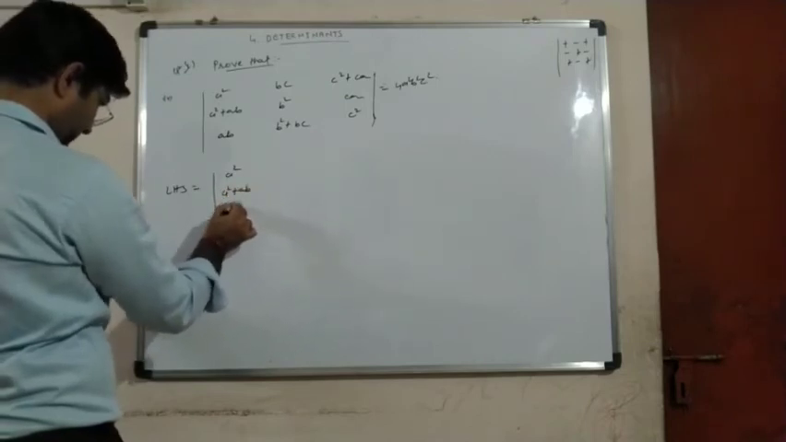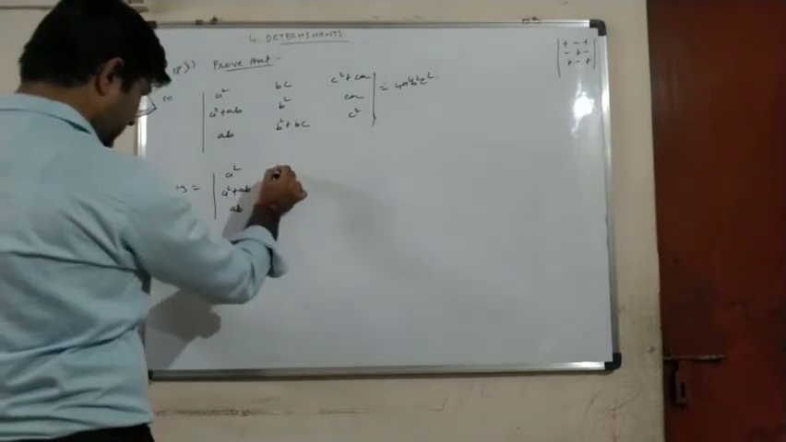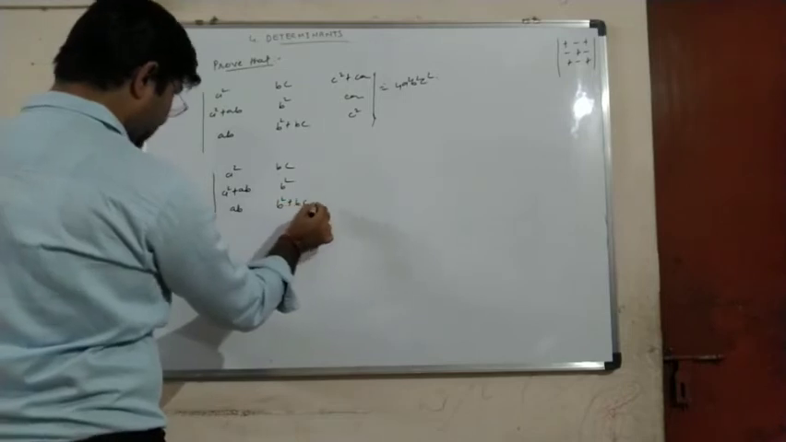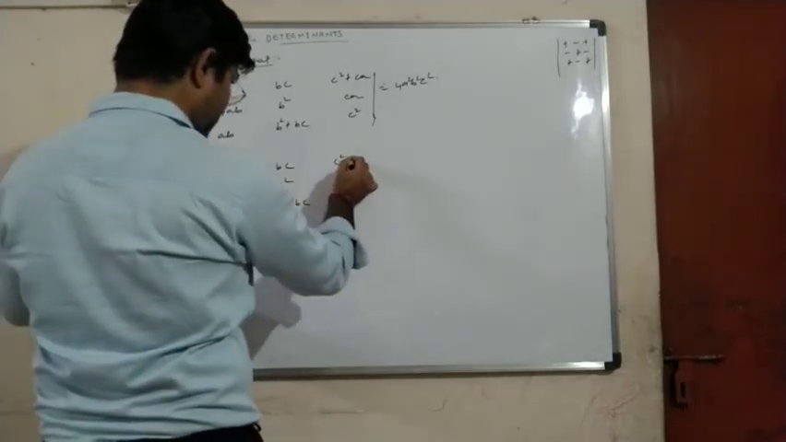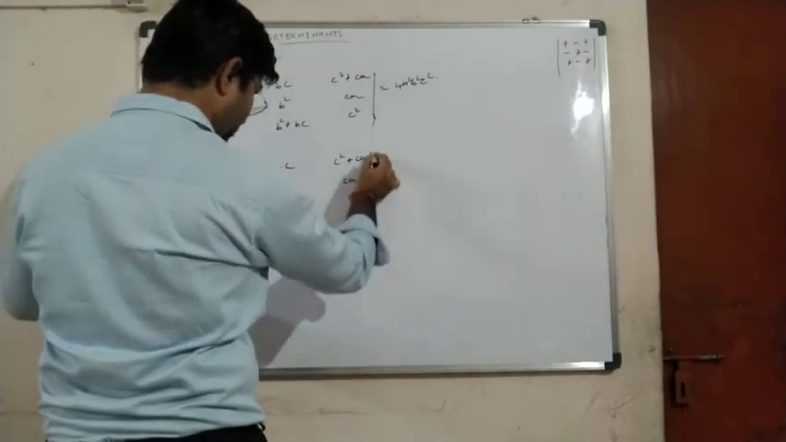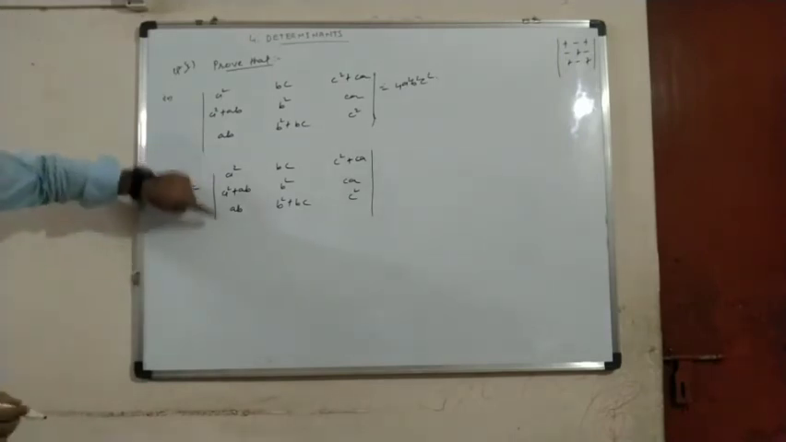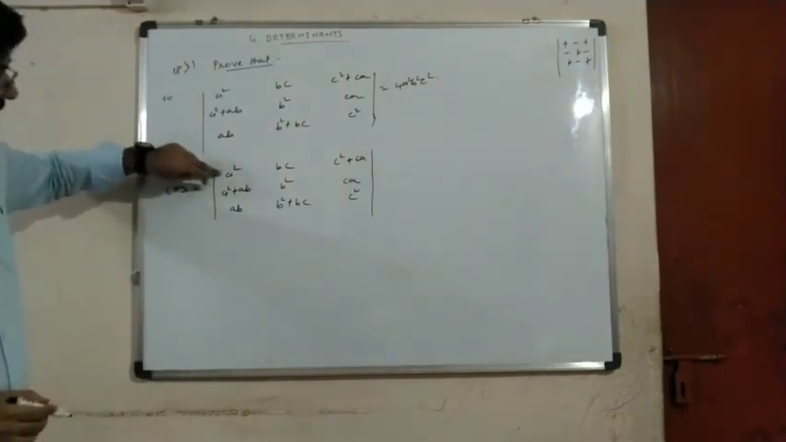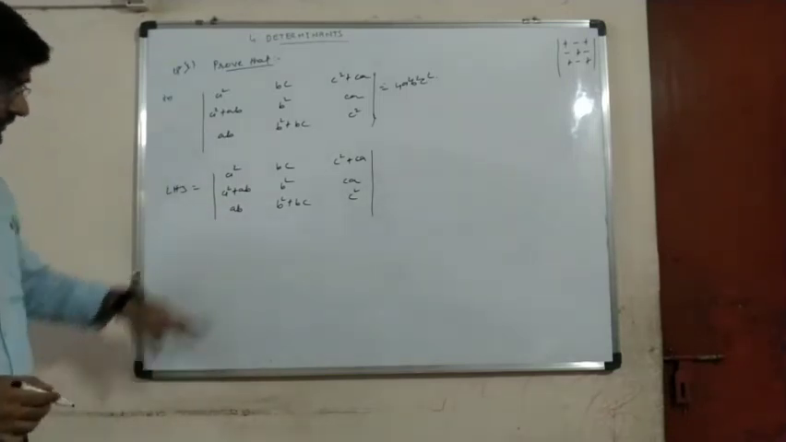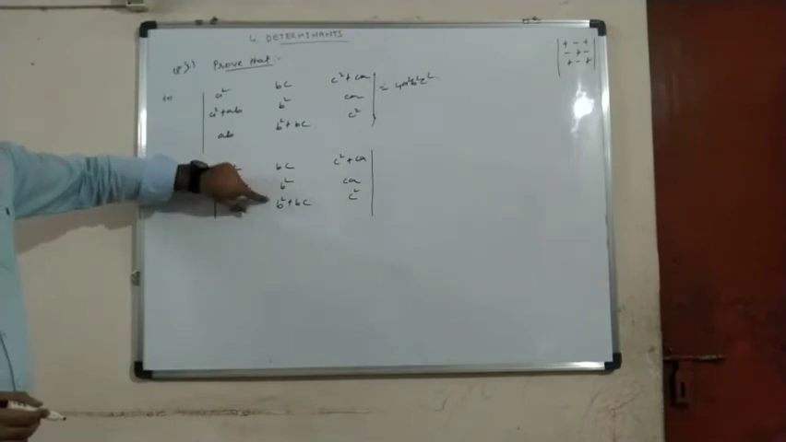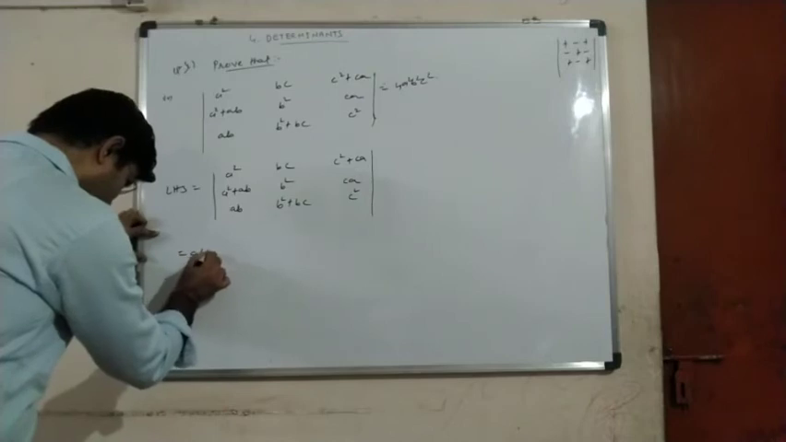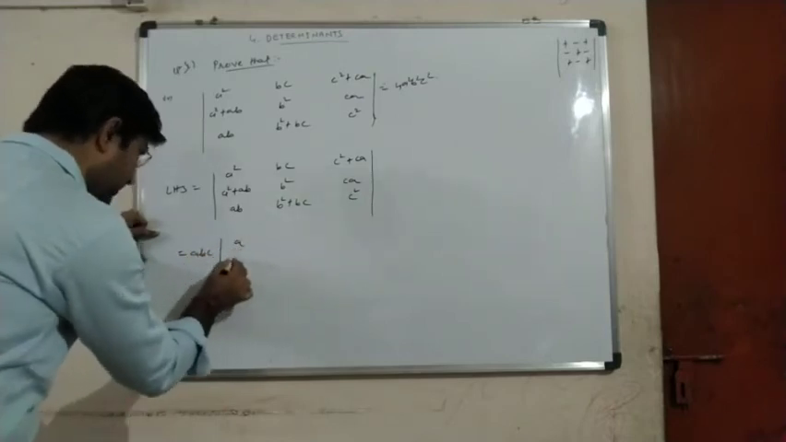LHS is A square plus AB, BC, B square plus BC, and we have C square plus CA and C square. Okay, now you notice that in the first column we can take A common. Yes or no? Because in each of the three terms in the first column A is there, so A can be taken common. Similarly, from the second column we can take B common, and from the third column we can take C common. So we will write down A, B, C outside, and now first column is A